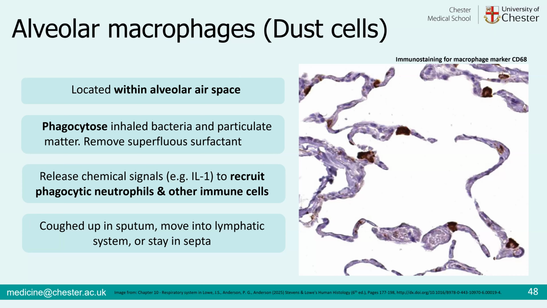They could move into the lymphatic system and enter from there a lymphoid tissue where we have the B and T lymphocytes, who can look at what they've captured and see if we need to raise an immune response against that. Or they could end up staying where they are in the lungs. Now, obviously, that's not what we'd want to happen, but if they are overloaded,